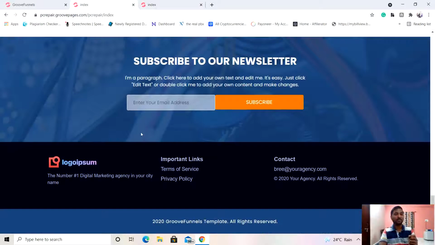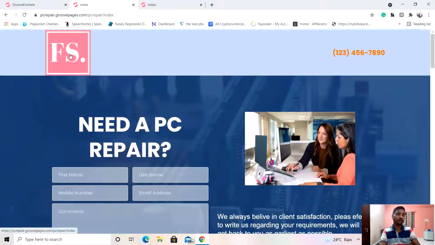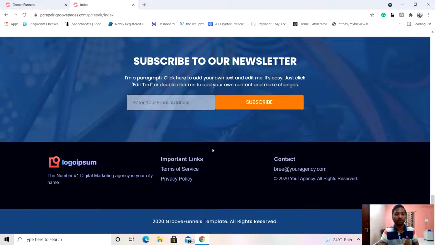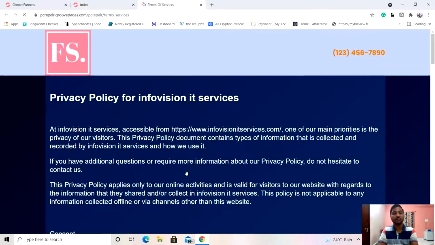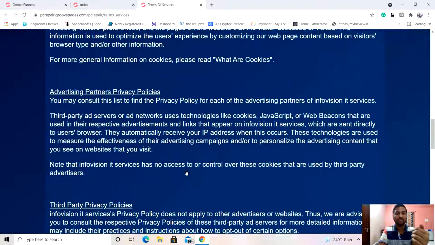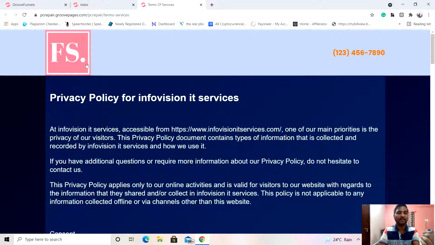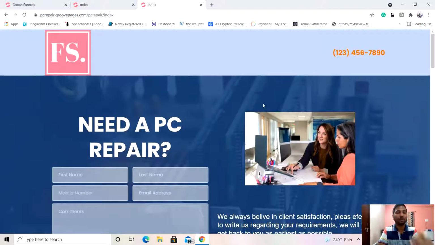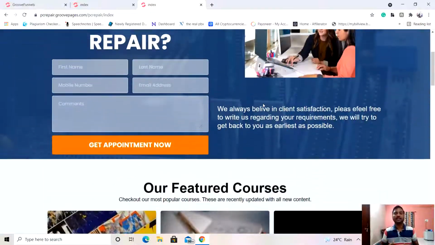Remember that we configured it just for the home page. But as we copied the entire block and used it on our other page, the settings also got copied, and we don't need to configure it again and again. So let's do it one more time. I'm just going to click on terms of services. You can see that we are on the privacy policy page, the terms of services page, and if we click on the logo again, it will get us back to the home page. So you see that it is very easy.